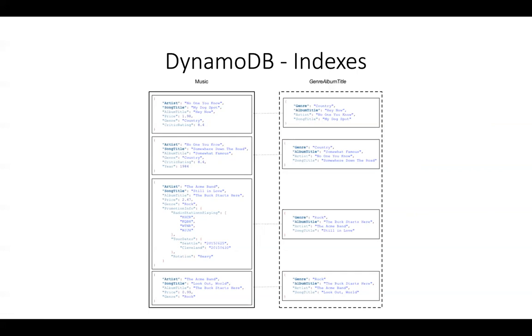So artist and the song title were the keys that you created for your table when you created the table, but then you created a global secondary index that has two other different attributes as the partition key and the sort key, right? So this is pretty cool. Now your queries will be much faster because it's going to store only these related data, right, for that particular item.